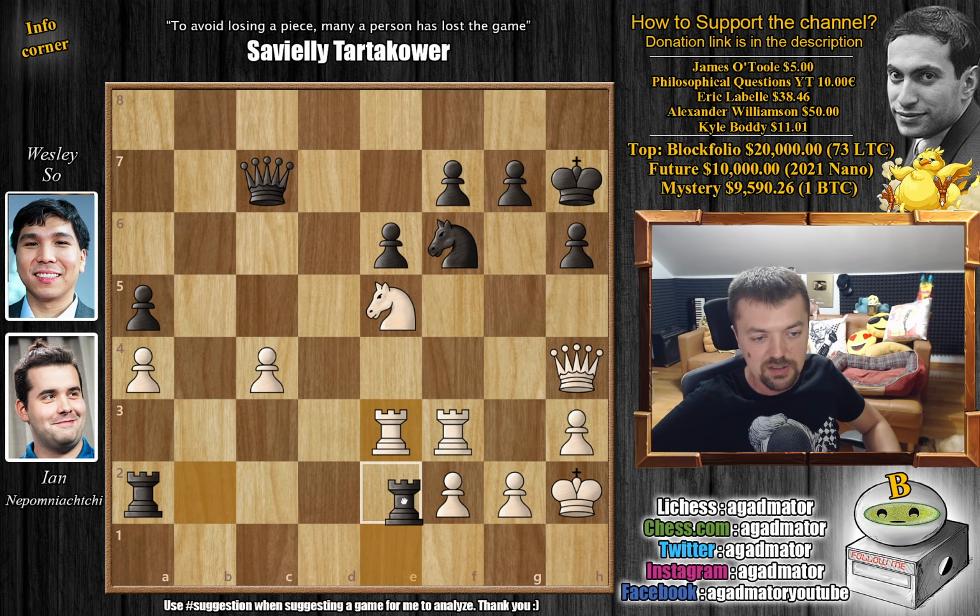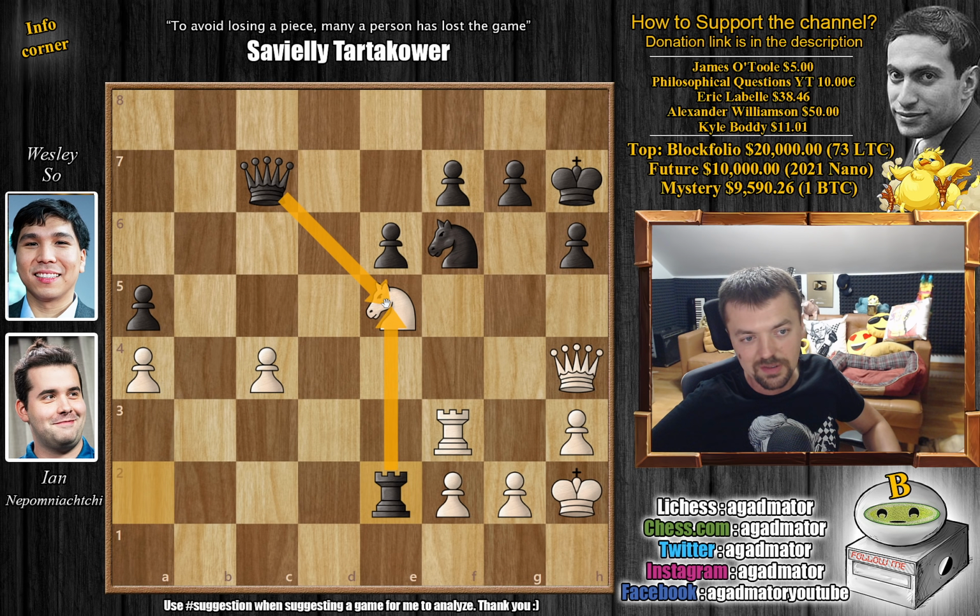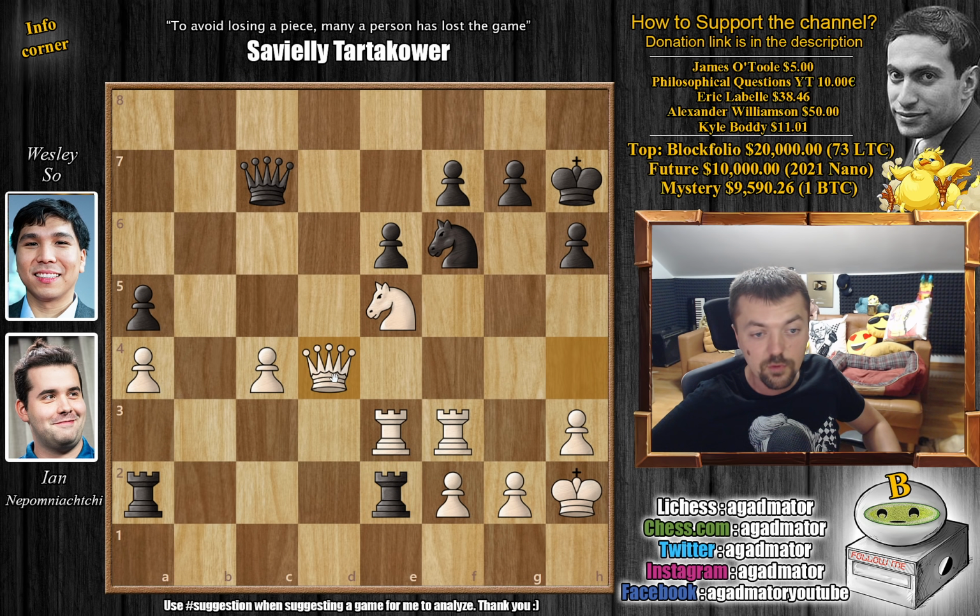unnecessary time. So Wesley starts with rook to e2. He just wants to pile up on this knight here. And now, of course, if you capture, then it's game over. Captures, captures. There's no way to defend this knight. It's attacked twice already. So instead, after rook to e2, we have queen to d4 now, but now comes rook